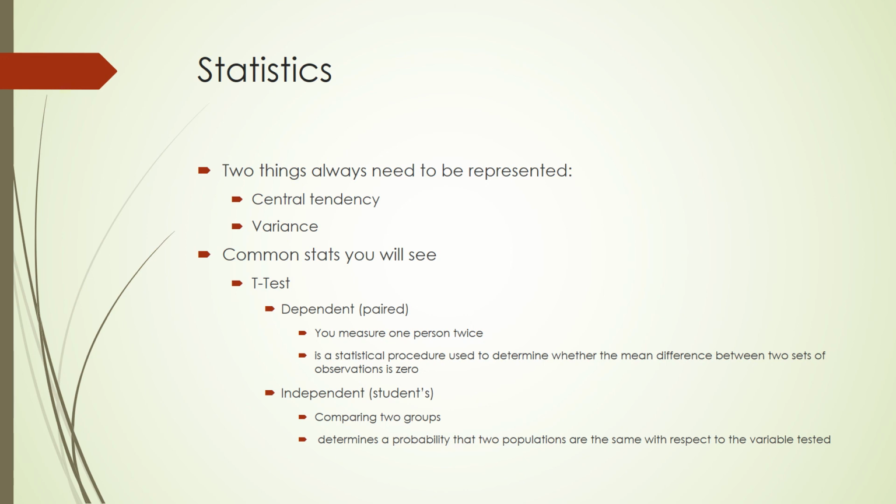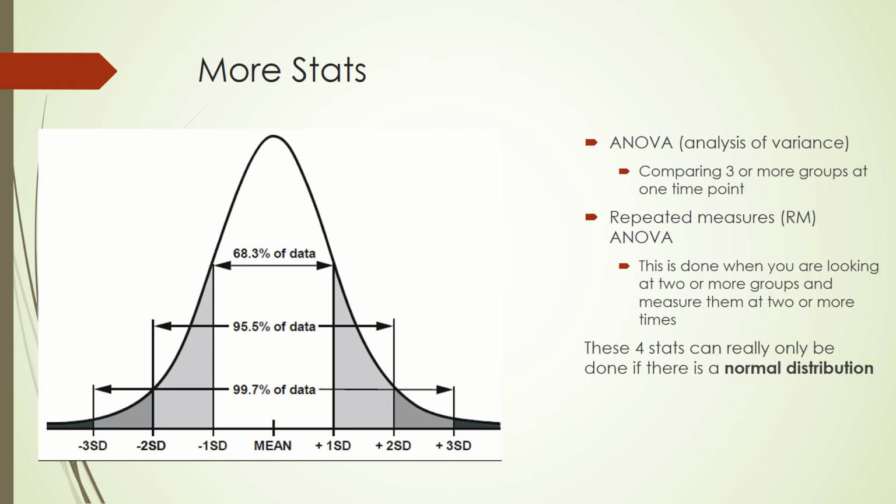This next one, an independent t-test. Those of you doing a more cross-sectional survey type of thing will probably do this. So this is comparing two groups at one time point. Like in here, if I wanted to do body weight, males versus females, and I measured everyone right now, that would be an independent t-test because how much the males weigh has nothing to do with how much the females weigh, right? Because they're independent of each other. Independent samples is what it would be called. So hopefully that makes sense.